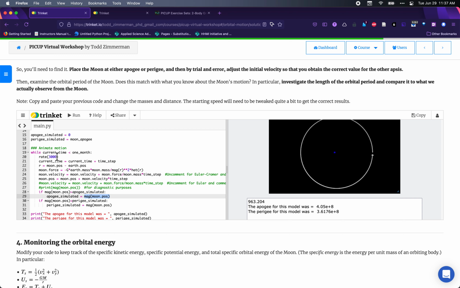And this will check every single time it goes through this while loop. Do something similar with the perigee. The only difference is we can't initialize the perigee to 0. We set it to some value that we know should be a maximum. And then it's going to check, and if the current position is less than my simulated perigee, then it updates that. And so if I go ahead and run this,